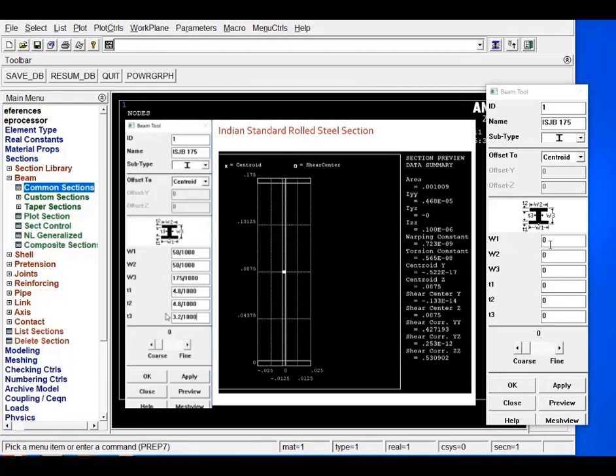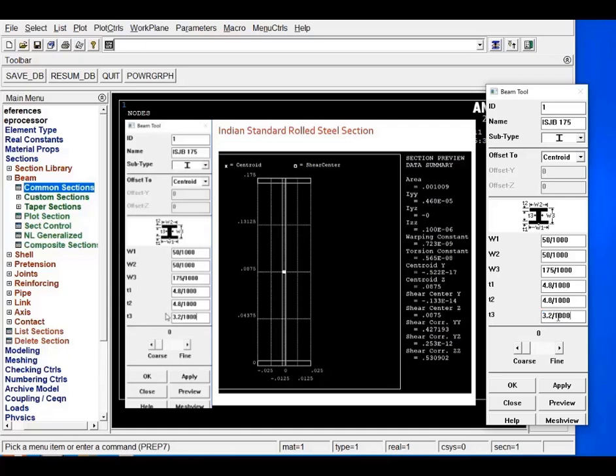Define the value of W1 as 50 divided by 1000, W2 as 50 divided by 1000, then W3 as 175 divided by 1000, then T1 as 4.8 divided by 1000, T2 as 4.8 divided by 1000, and then T3 as 3.2 divided by 1000.